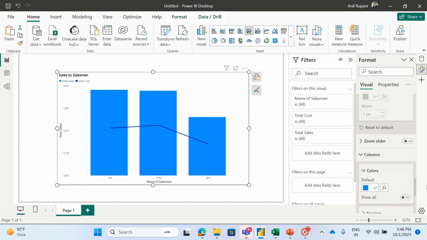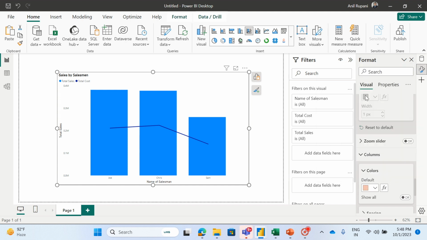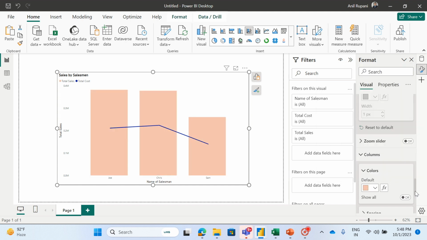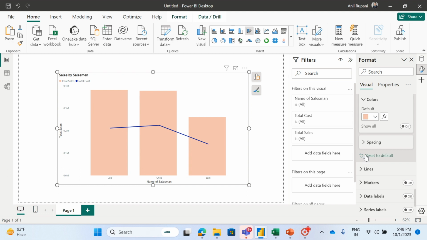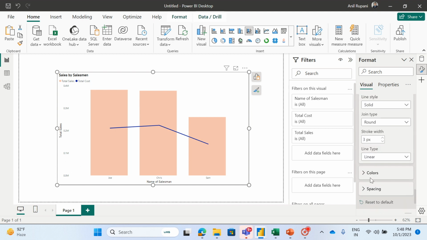I'll go to columns. I'll change the color of the column, let's say to orange, and I will change the line color as well to, let's say, black, or let's say red,